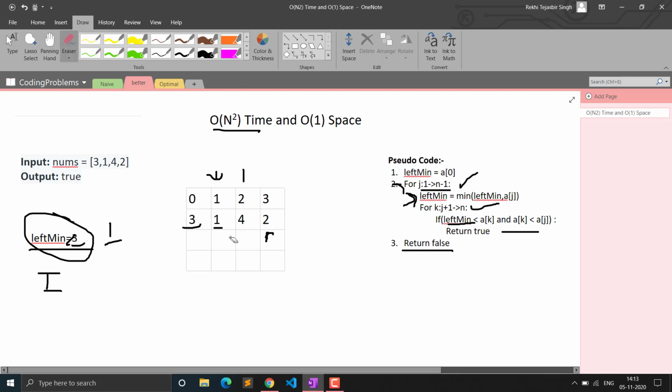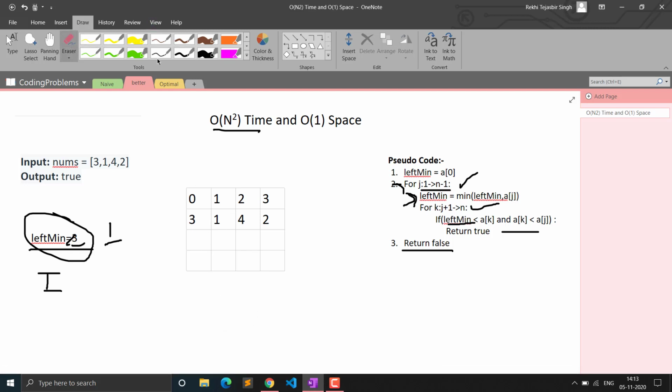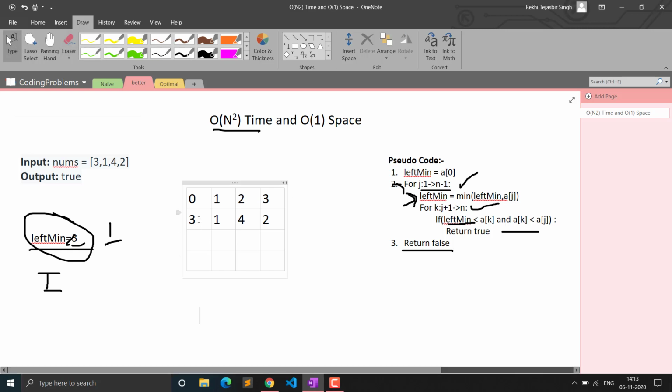You can see how this was working was simply we were taking the leftmost element, or the leftmost minimum element, as we have to find the subsequence. A subsequence is not necessarily continuous. You can see it can be 3, 4, 2. So here we have skipped 1, so we can skip 1. So for example, if here it was 1, let me erase this, just think of that.